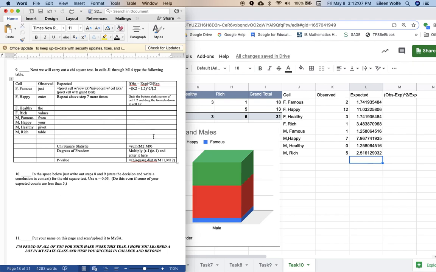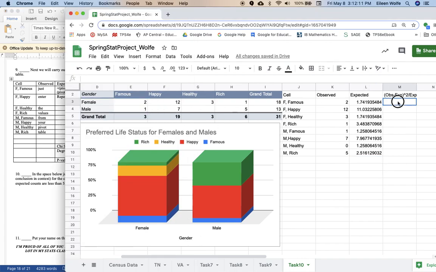Okay, so then the next part of the chart is to go get some observed minus expected squareds over expected. This column's a little bit easier. So I can just over here in this first cell type an equal sign, open parentheses. I need the number that's sitting in K2 minus